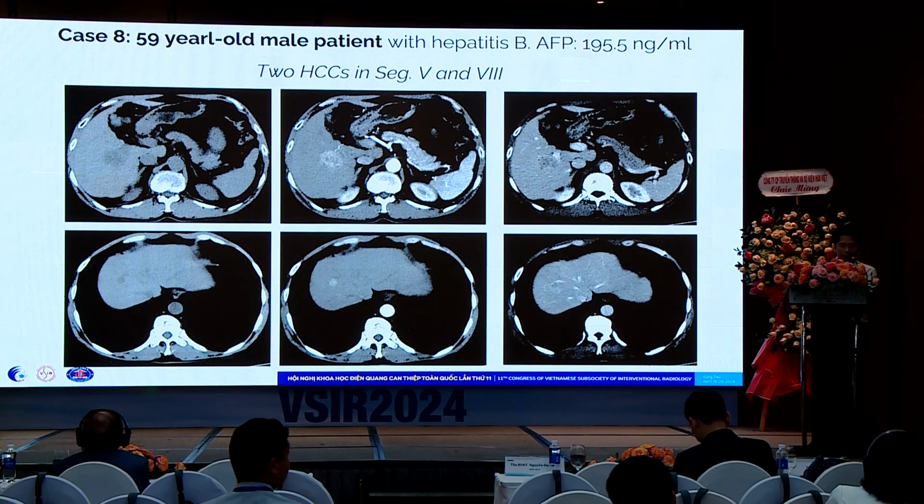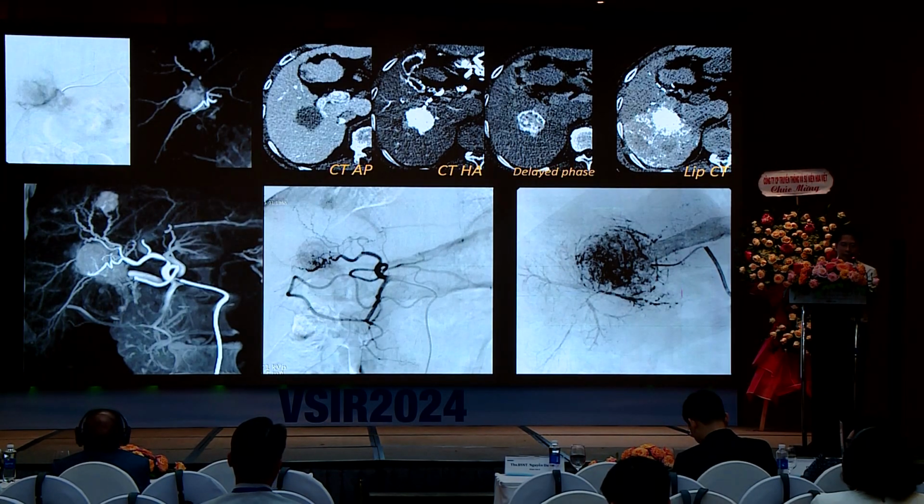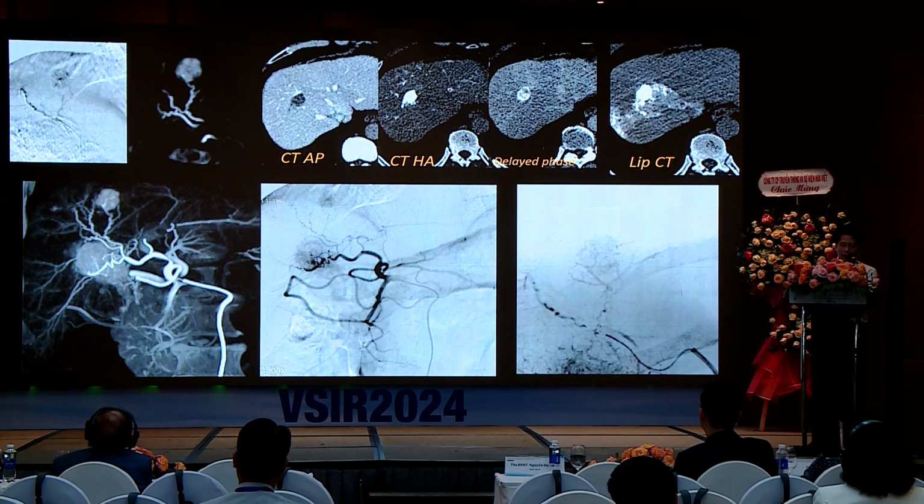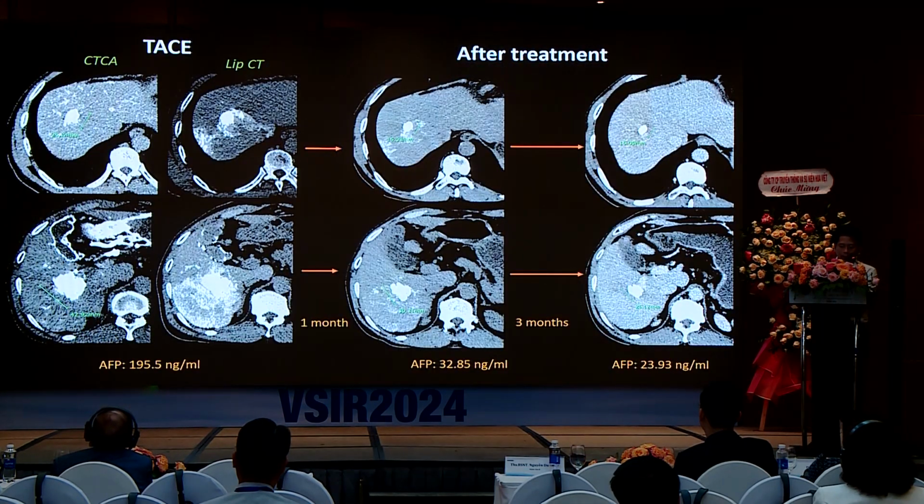In our last case, we had a 59-year-old male patient with hepatitis B and a high level of AFP. He has two HCCs in segment 5 and segment 8. The HCCs and the feeders were detected on angio-CT, and we performed selective TACE. They showed complete deposition on Lipiodol CT, and this is the tumor after TACE. And this is a smaller tumor, and in follow-up we can see the tumor has a complete response, shrinkage, and the